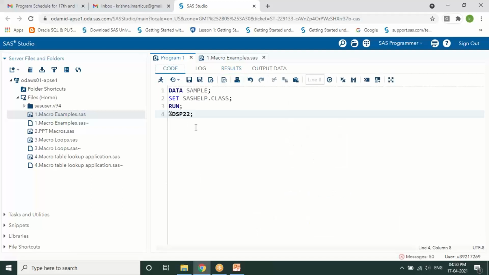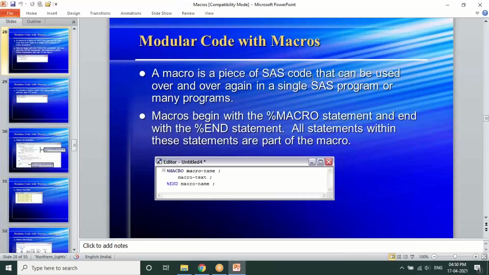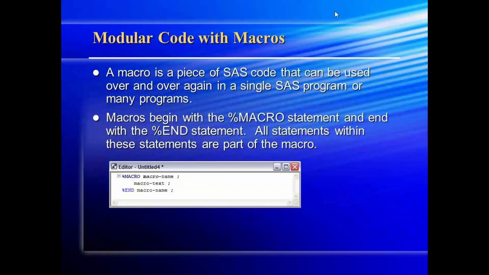Right? With only one line of code. So whatever it is, you just change the data sets, invoke upon the data you already have, and then you can create this executing functionality which is already there, and you can just invoke it. Which makes your code very simple, very fast, and very easy to work on. So this is the actual functionality of macros, which we call modular code with a macro. That is the actual use of the macros functionality.